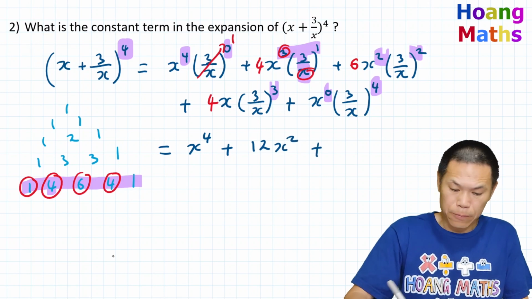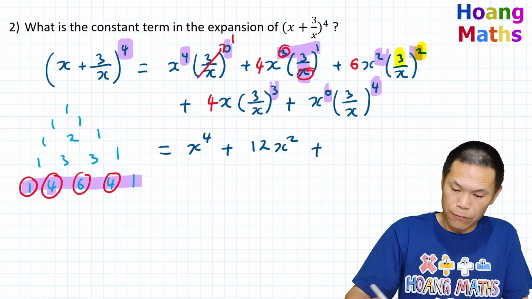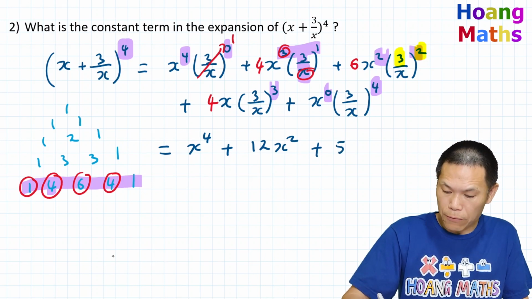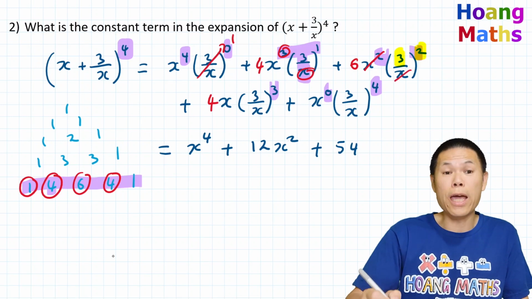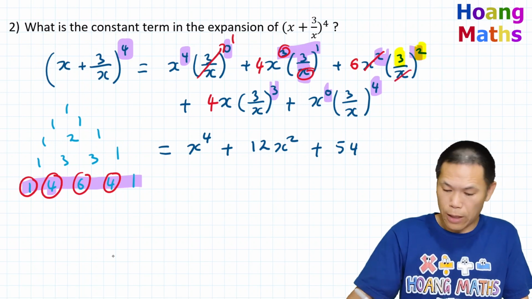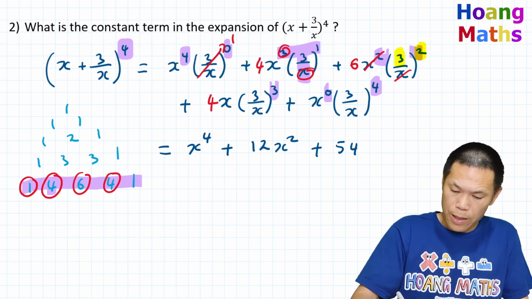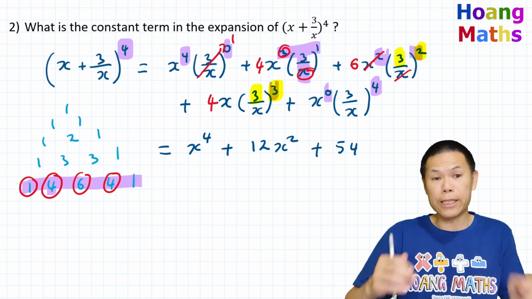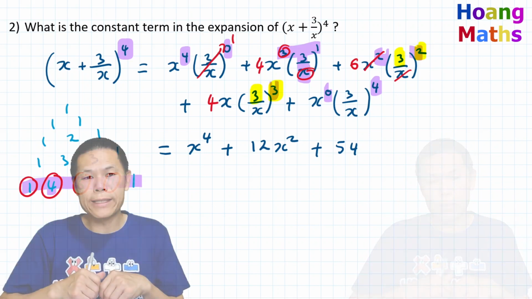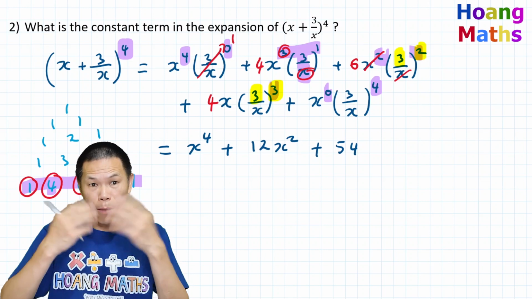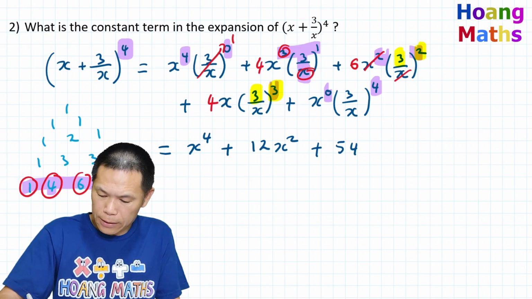And then we add 3 squared, gives me 9. And 9 times 6 is 54. So 54. And x squared, we divide by this x squared, it gives me 1. So therefore, it's 54 times 1 is 54. And 3 power 3 is 27. So 27 times 4. So we double 27 is 54. We double again 108. So we add